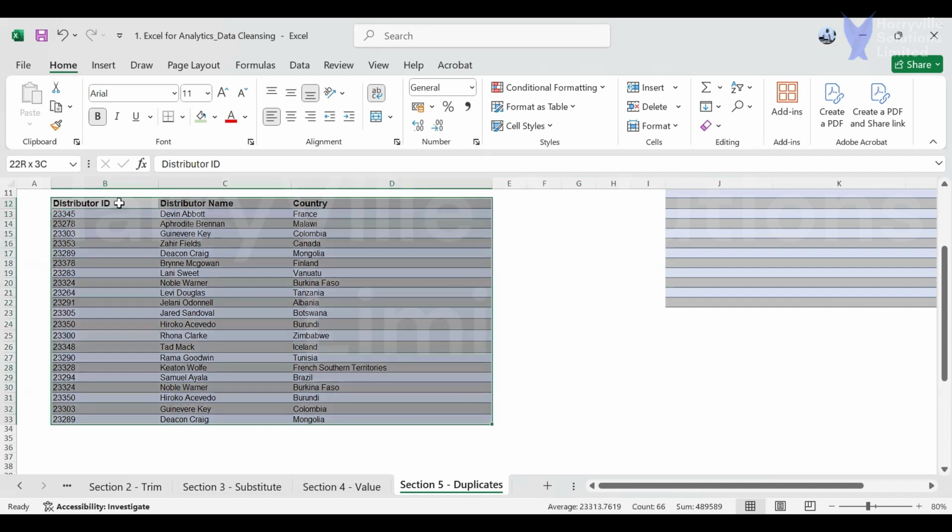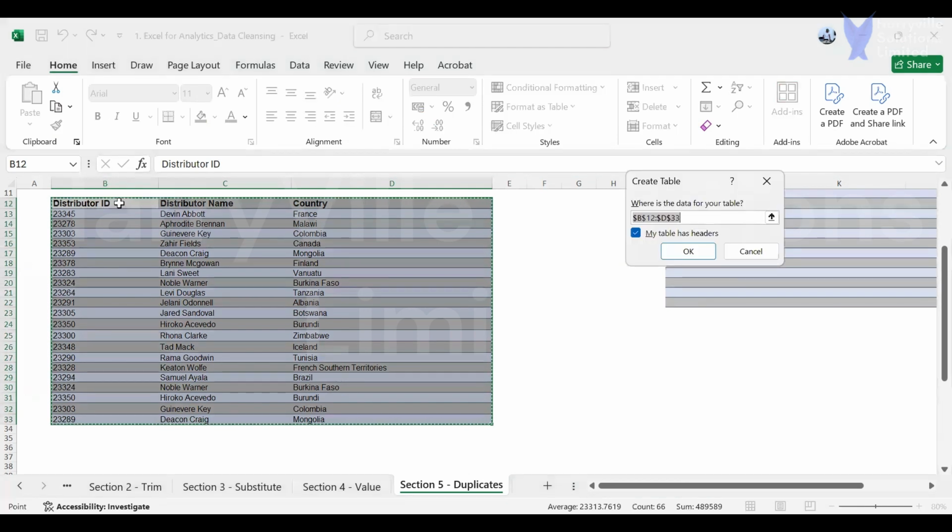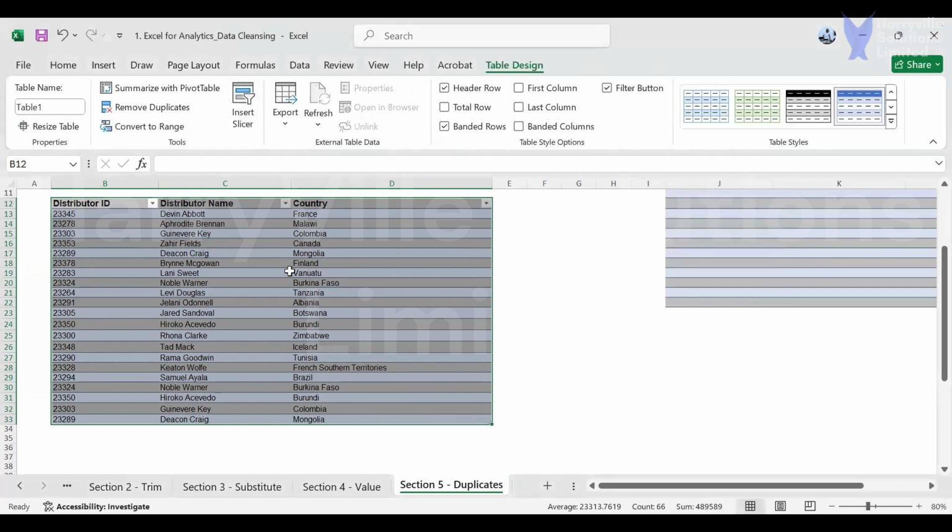I press my Control A. Don't worry, we are still going to talk about how to convert to table. So press Control A and then press Control T. Excel is asking me, where is your data for your table? I have selected all of my data for my table, that is from cell B12 to cell D33. So I'm going to click on OK. Now, this has given me access to filter my data, and then I can check if there are repeated